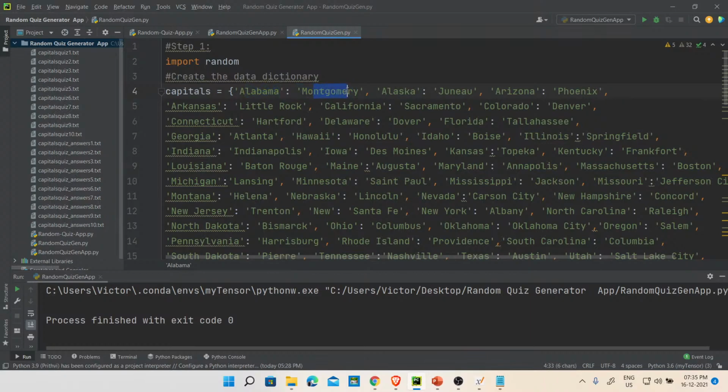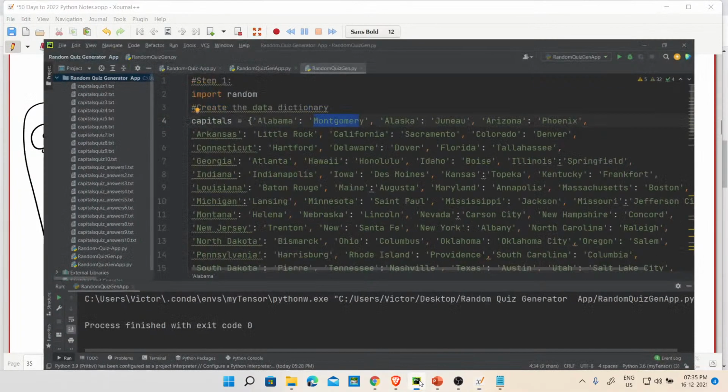So I'm concentrating on the values now. These values will be randomly selected. I select the correct value, and maybe Springfield, Frankfurt, something like that, alongside the correct one. But I know this is the correct one. Fine. So this is what we are doing here.